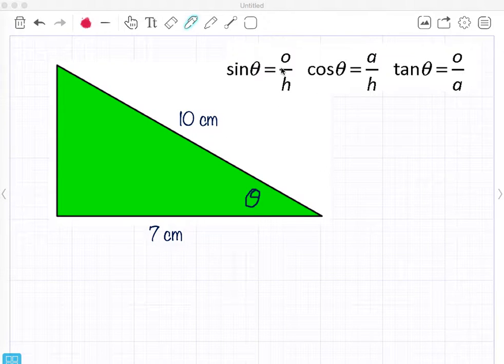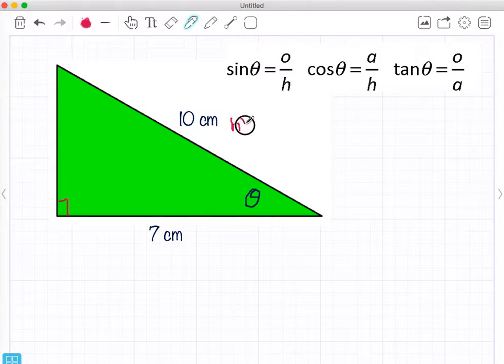Third video talking about right angled triangles and just introducing SOHCAHTOA. Now I've already looked at labeling the sides of a right angled triangle, and I've already looked at how to find a missing side. Now we're going to see if we can find a missing angle, and that angle is theta, and we're going to look at these sides and we can see from theta this one is H,